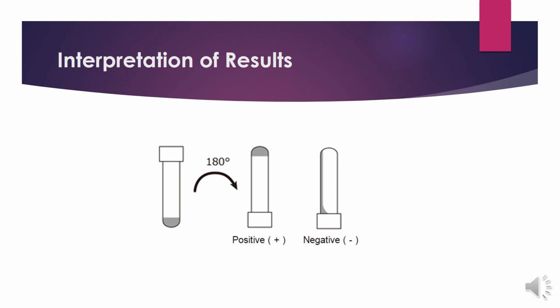Whereas if you invert the test tube and the product does not remain stuck to the bottom and flows down towards the neck of the tube, it shows a negative result, meaning no gel formation. It means there is no pyrogen available in your sample. So if pyrogens are available, you have to confirm it, and if they are not available, you are going to approve your product for this pyrogen test.